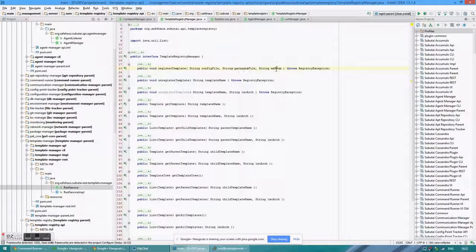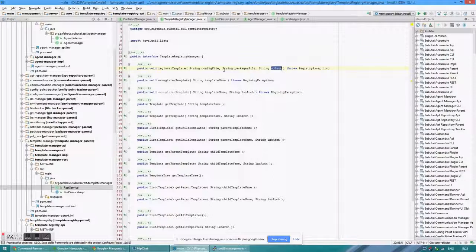It will extract the template contents, and it will extract the configuration file, packages file, figure out the MD5 sum, and register this template in a registry. So what it does, it just persists the information about template in the Cassandra. The template itself is located in apt repo,